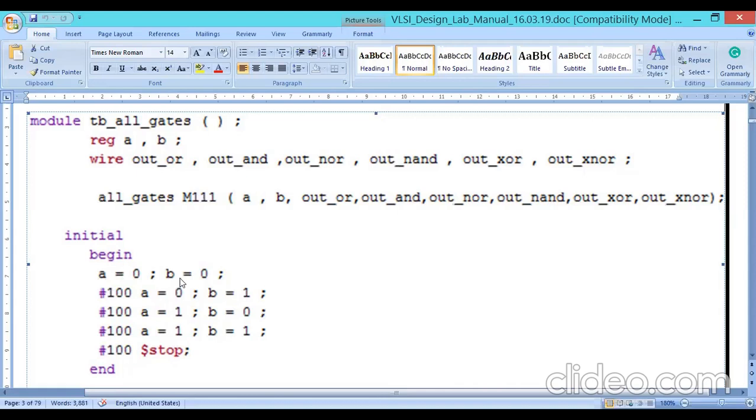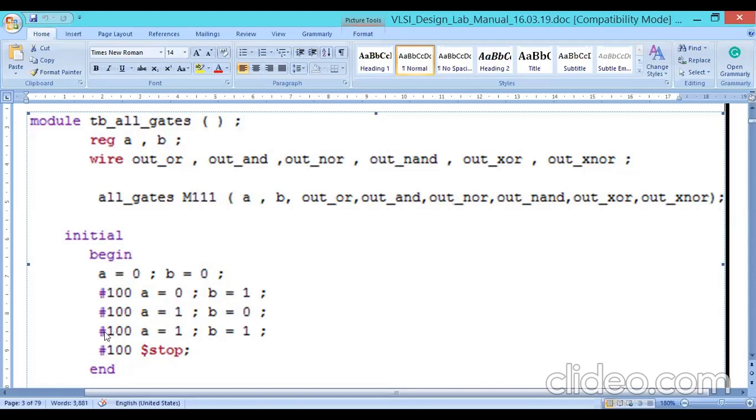Initial begin. First A0, B0, apply. Next hash 100. After 100 nanoseconds, A0, B1. It will execute sequentially. Hash 100, A equal to 1, semicolon, B equal to 0, semicolon.